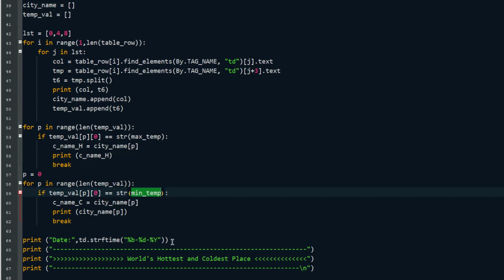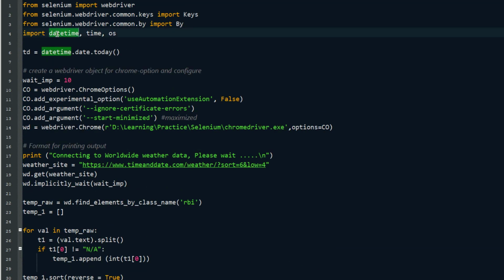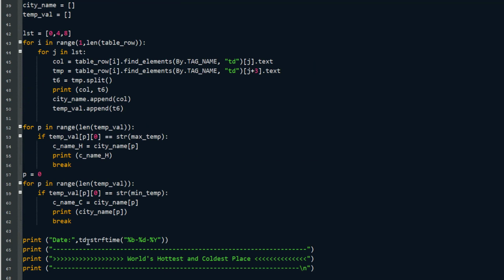And finally I have converted this date display. Date display is basically date and time. I have imported the datetime module, and datetime.date.today will give you the current date, and I've just displayed that current date in this format. So this is for month, this is for day, and this is for year.